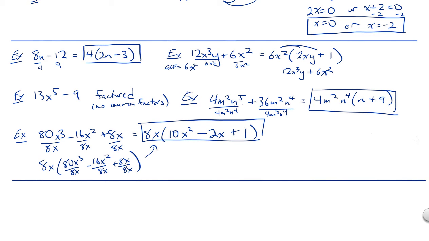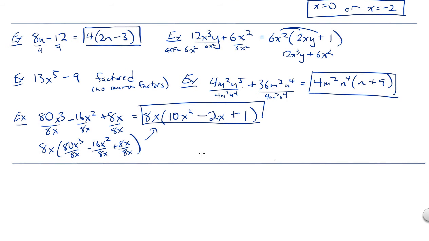Got one more thing here to talk about. Let's talk about factor by grouping. If you ever have an expression that has 4 terms in it, you could try to factor by grouping. If you don't see something that goes into all 4 terms, you can maybe take them in pairs and see if that gives you something. This is just something to try. This is a tool in your tool belt you can try. For example,